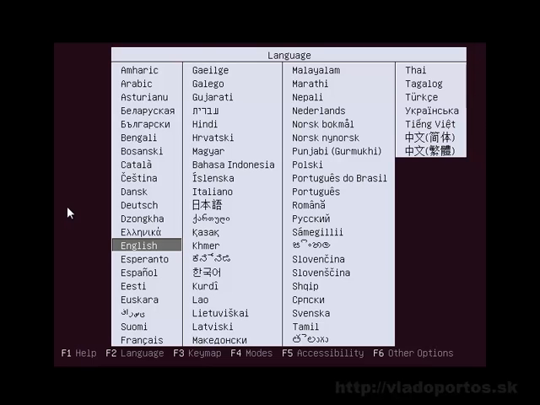Hello everybody, this will be a video tutorial on how to install Ubuntu 11.04. So after you booted up your VMware machine, created a virtual appliance for Ubuntu and booted up the Ubuntu server installation CD,